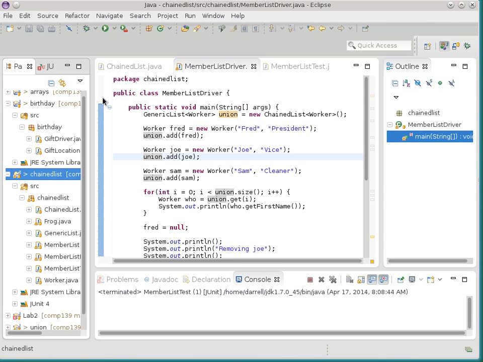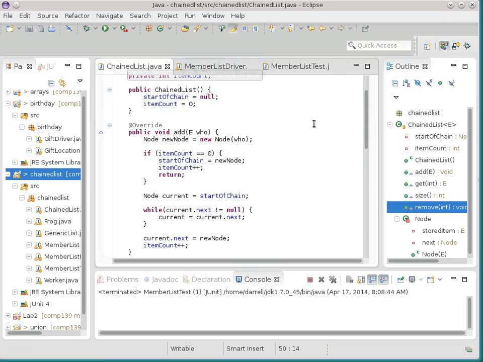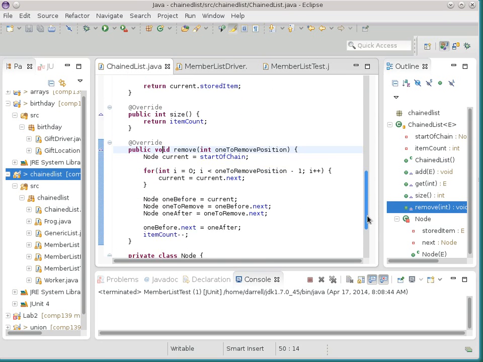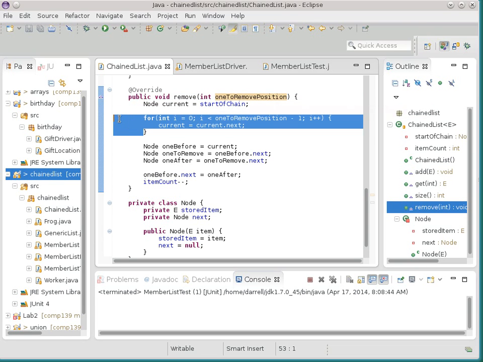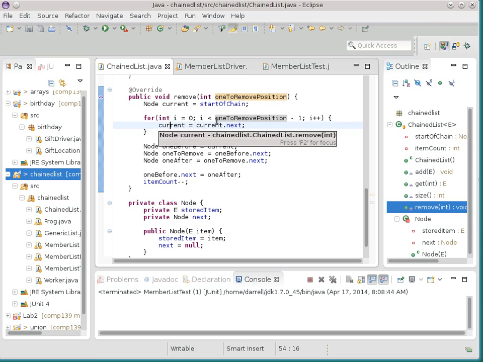We were working on our chained list remove method. And we said in order to remove a particular position, you had to whip down the list until you reached the one before the one that you were trying to remove. So that's why the -1 was there. And this is just advance down the list, going through each one of the links until you reach the one